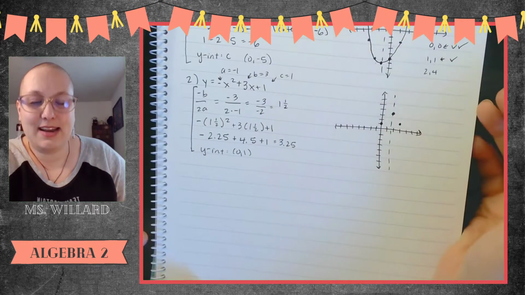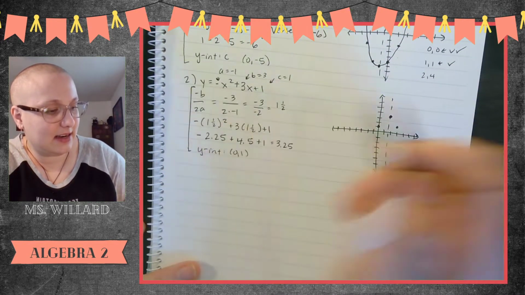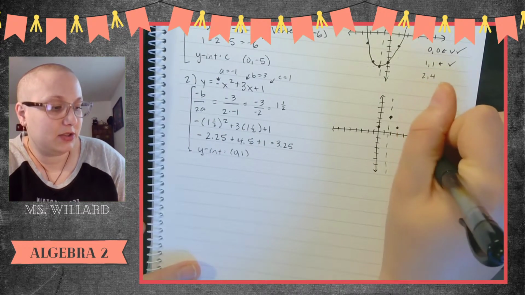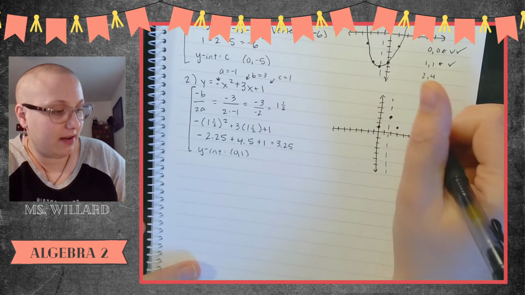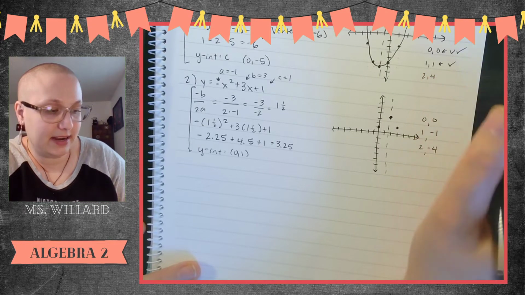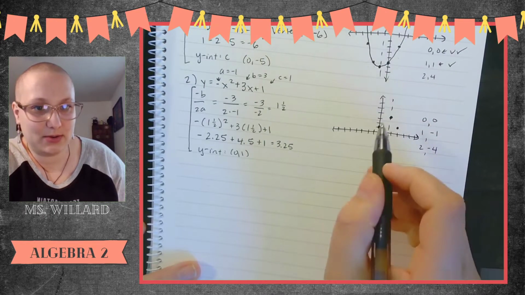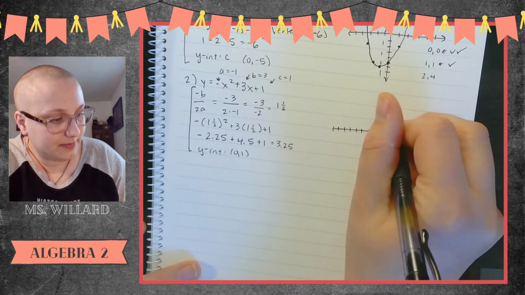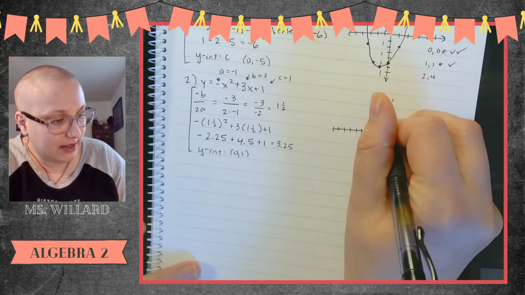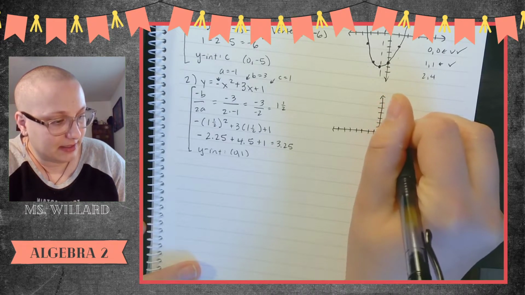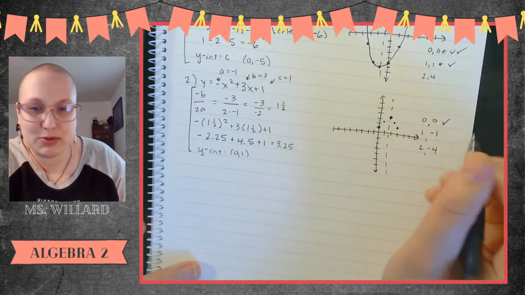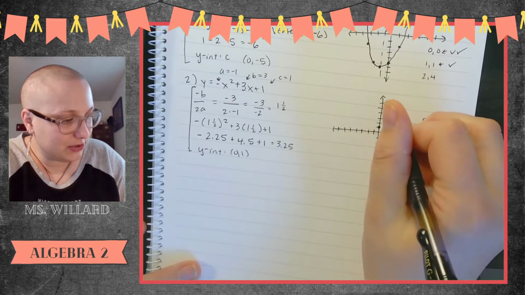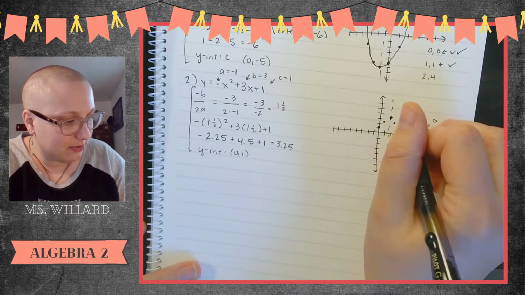Now I'm going to go, because it's a negative 1, it's going to be 0, 0, 1, negative 1, 2, negative 4, because I multiplied my y values by negative 1. So I start at 0, 0. That's already done. That's the vertex. So then I go over 1, which would be halfway down, and then down 1, which will be down to like 2 and 2.25. Now this is technically enough, but I could also go over 2 and down 4,